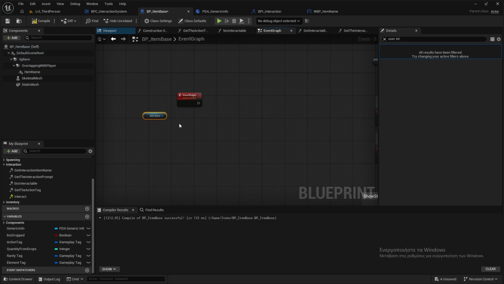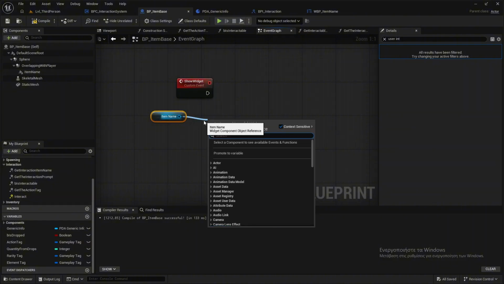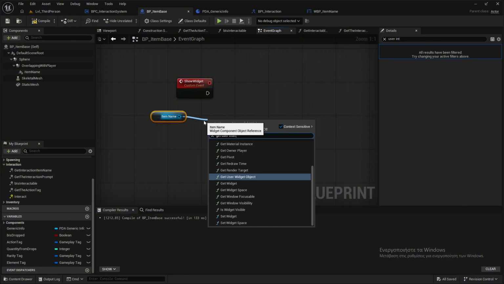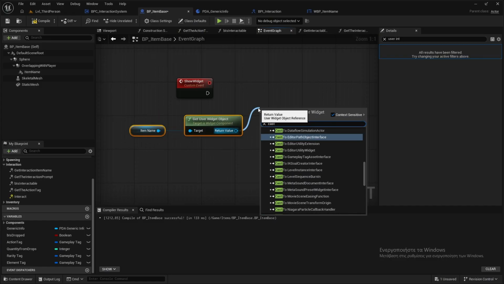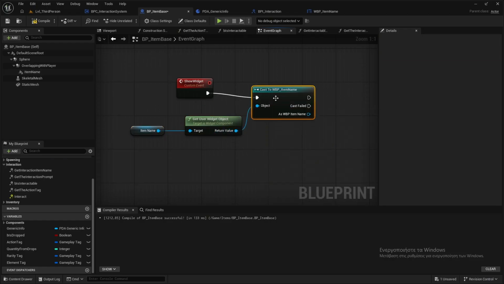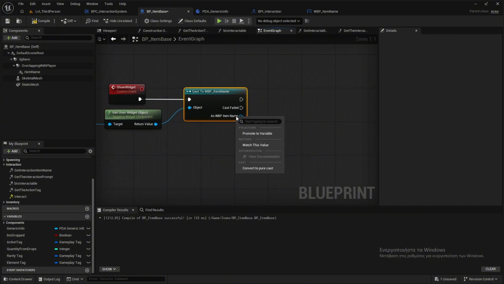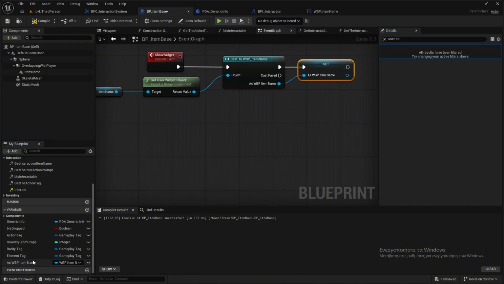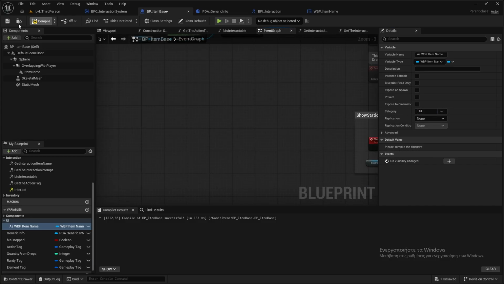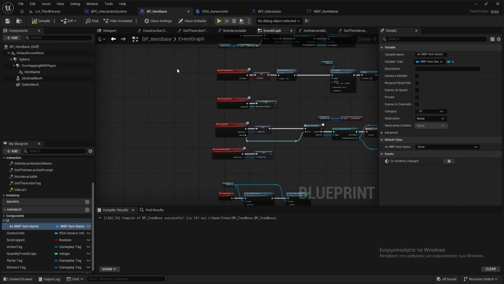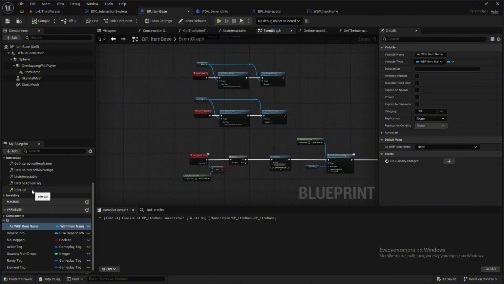So I will take the item name, which is the widget component, and say get user interface, yes, get user widget object, and from there I will cast it to WPP item name, and I will promote it to a variable so I can have a reference. I will say UI. Okay. Now, do I have so